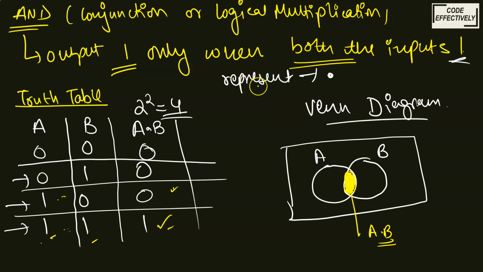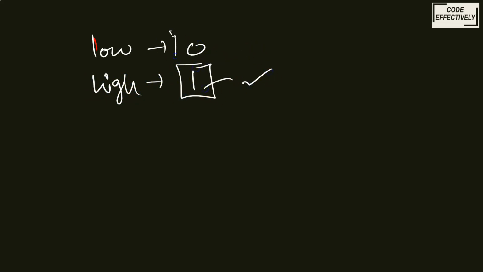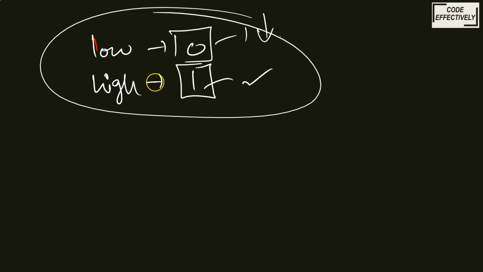Okay, but this is just a theoretical way. So now you have to go for the practical purpose also, because you must know its working in the computer also, because these gates are circuits that will have the input and the output signal. The input signals are what? The low means 0 and the high signal means 1 in the computer also. If the output is coming 1, it means the signal is high. If the output is coming 0, it means the signal is low. In the computer also, when you study computer architecture, you can understand thoroughly what low and high mean. But as of now, you can just know that it is low and high.